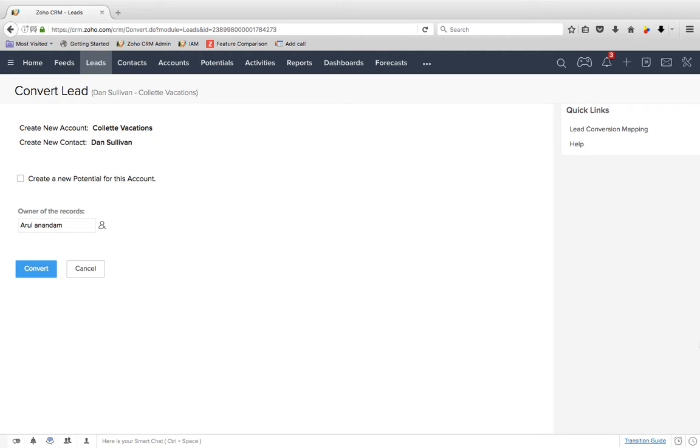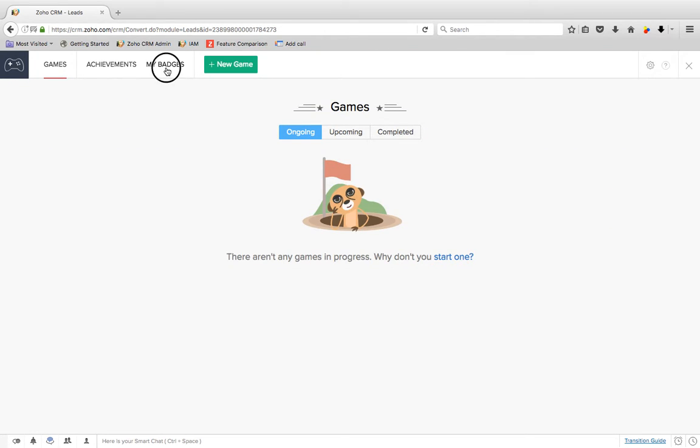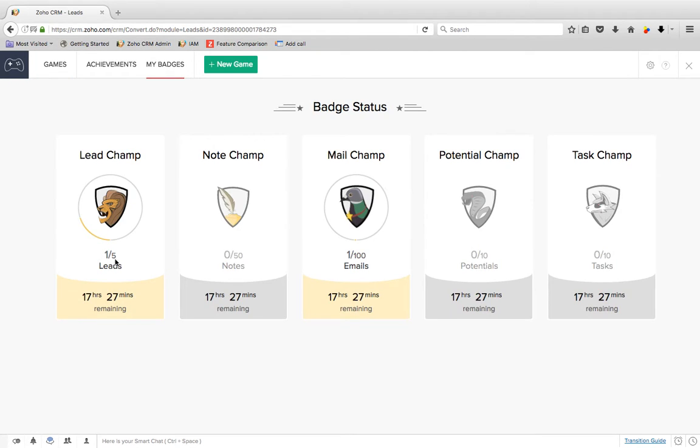And you can see at the bottom right hand corner here, you will have a notification once you've converted the lead. So you click on convert. You can see "Lead Champ, great work, 4 more leads to go, and that badge is yours." So if I convert the second one, it's going to say 3 more leads to go, and so on. Now if I go back to the gamification section, and if I look at my badges, it says 1 lead has been converted, 4 more to go, and I've got 17 more hours